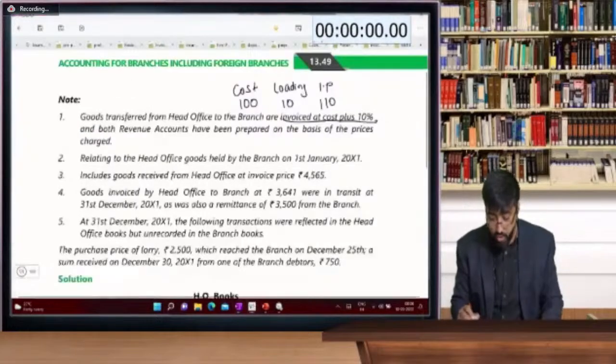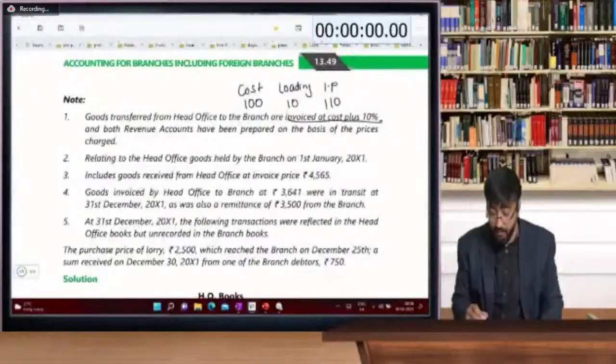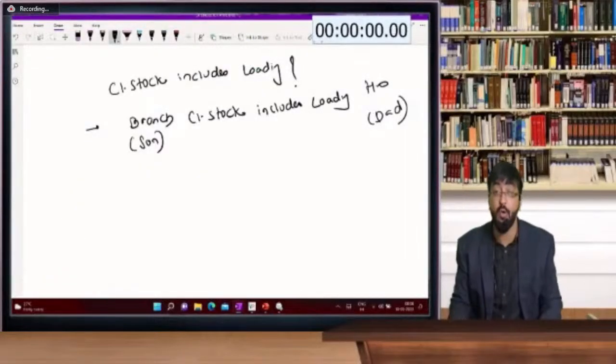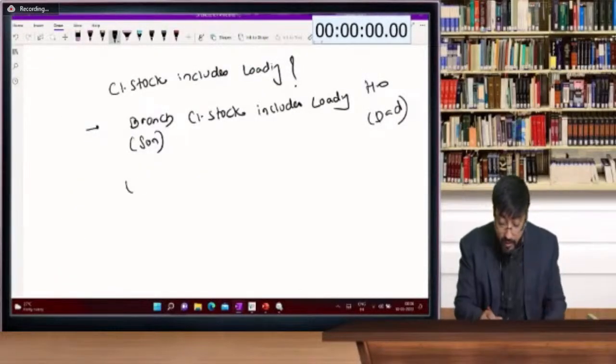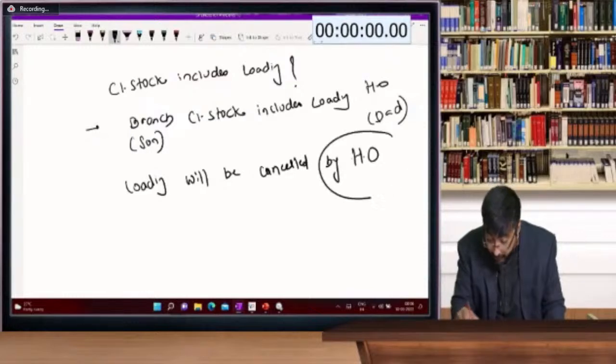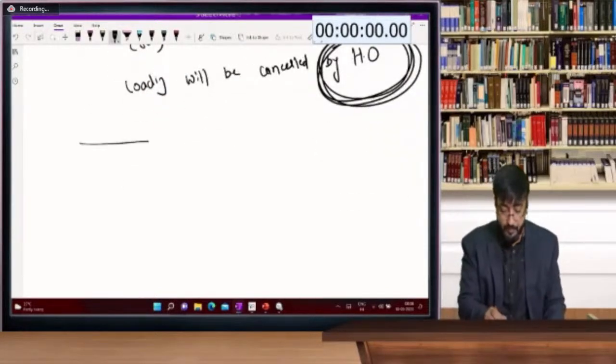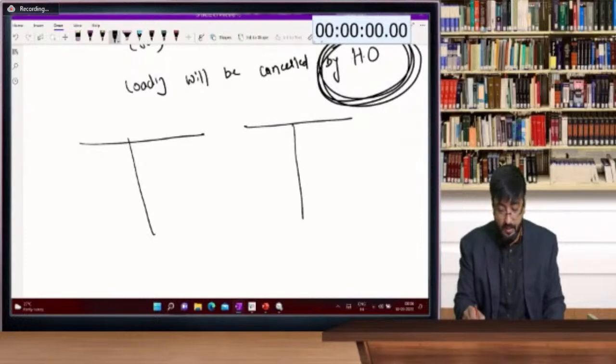So here also it is given. And a very important point. Now I am giving you an important point. Loading will be cancelled. Loading will be cancelled by head office. Who is cancelling the unrealized profit? See, suppose